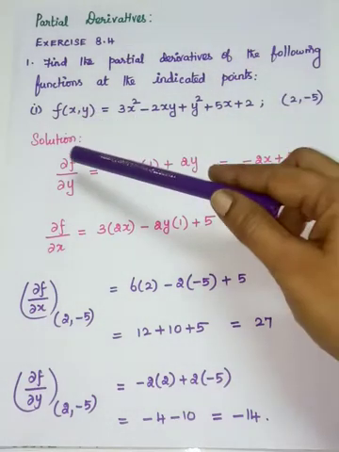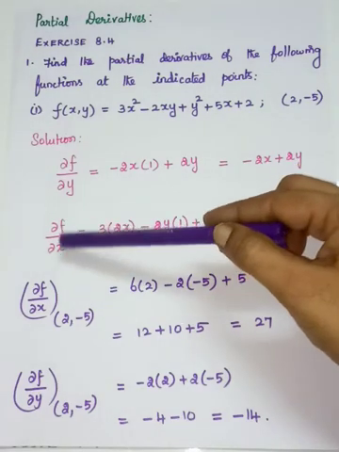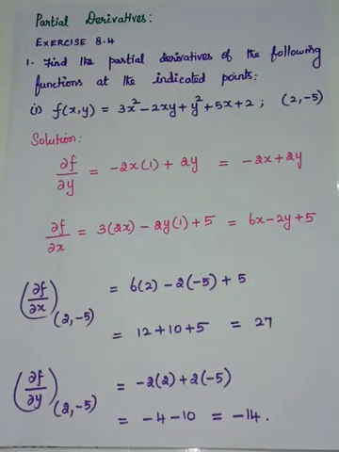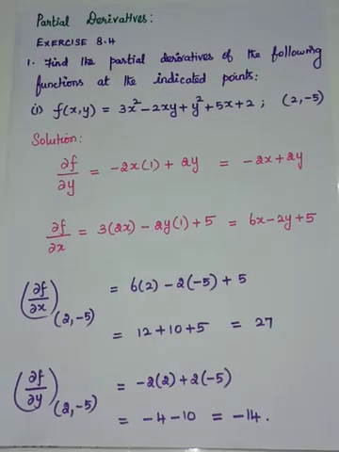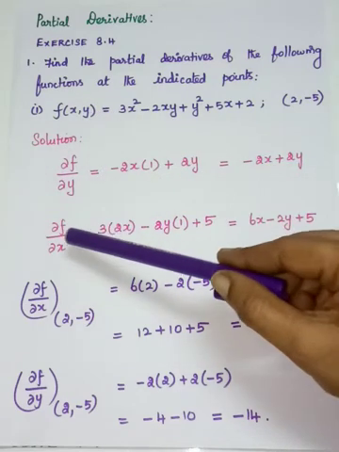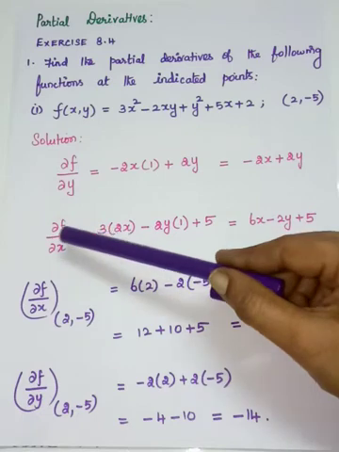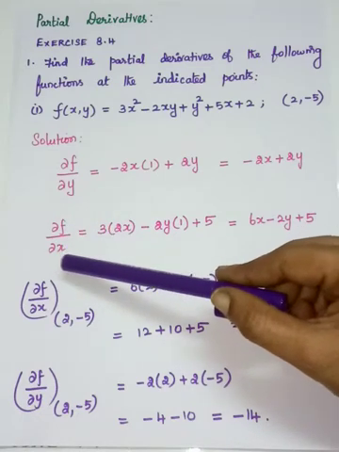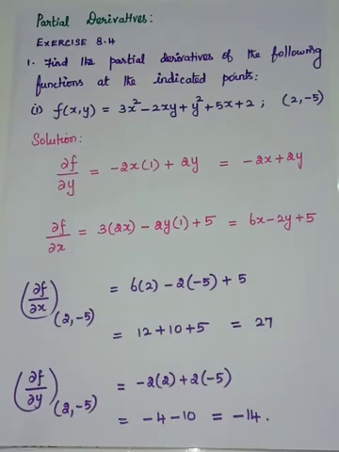That means ∂f/∂y and ∂f/∂x are called the first order partial derivatives of the function f. Okay, you see that here two independent variables are there. We are going to differentiate f partially with respect to x. That means you have to do two things. One, you have to treat x as a variable and the remaining variables have to be treated as constants.